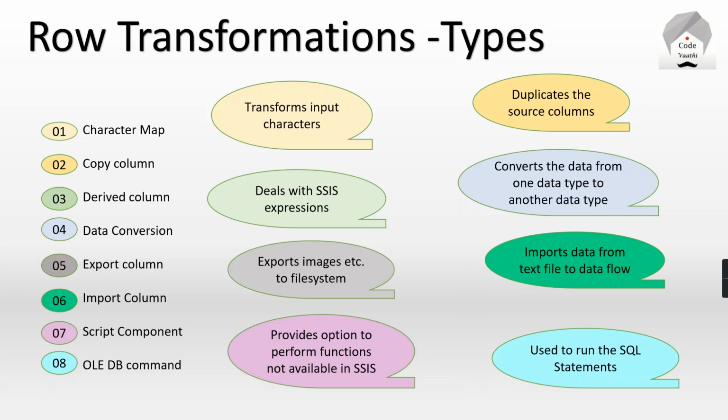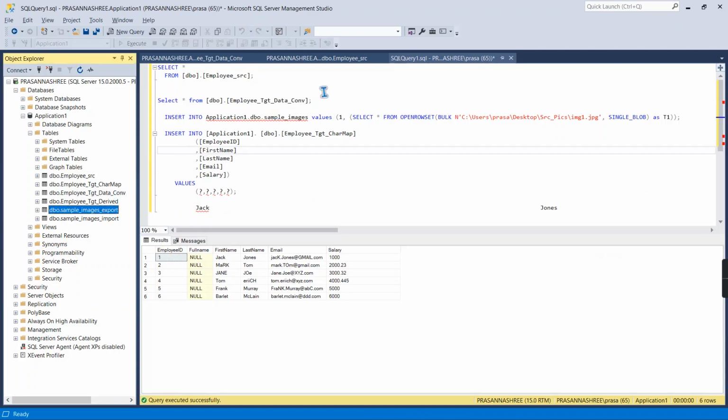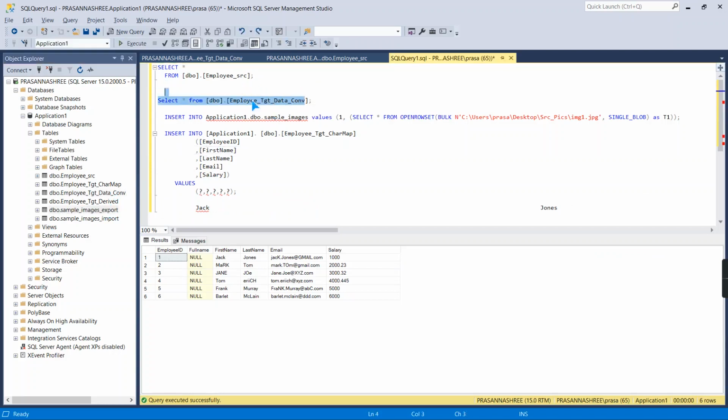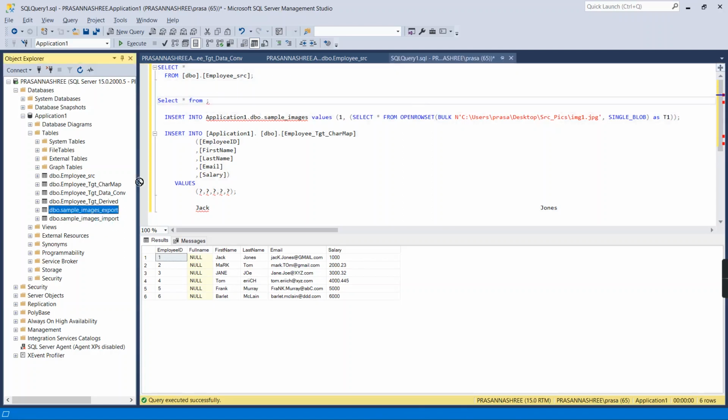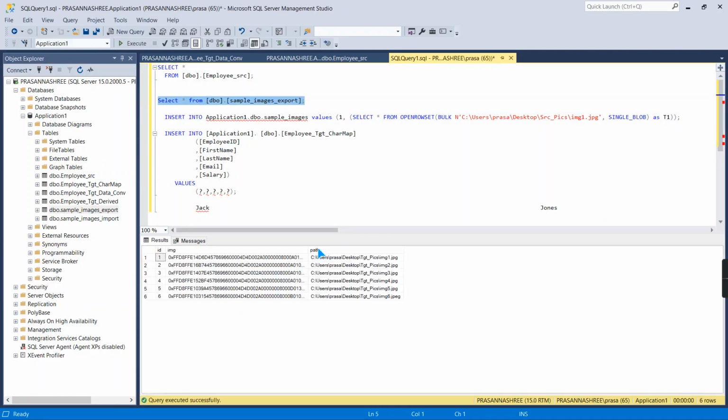Okay, so I will show you the source data, how I have inserted the blob content first. Here you can see I have loaded IDs, just like a sequence number I have created.